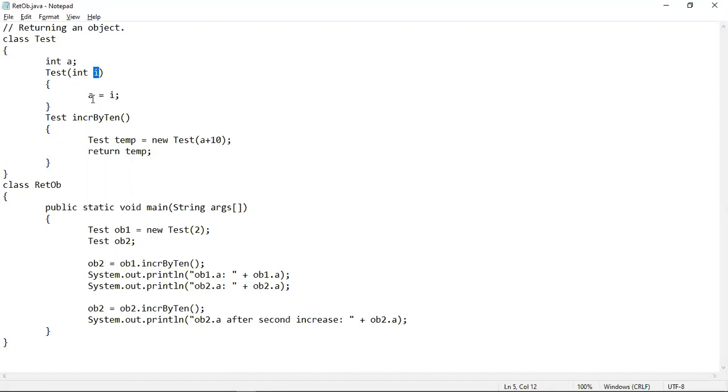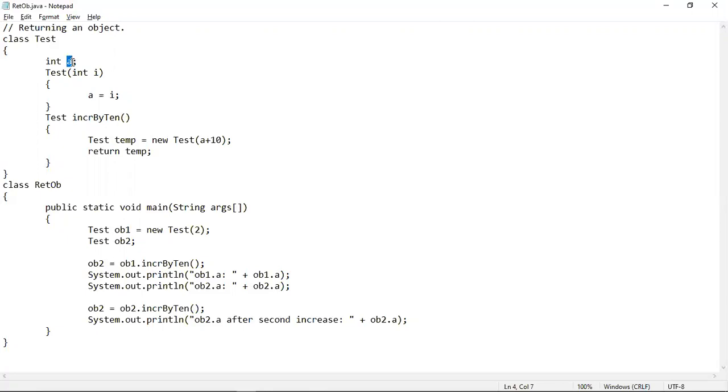Then inside the body of the constructor, we can see that an assignment statement has been written, and inside this assignment statement, the value of the variable I, which is 2, will be assigned into the instance variable A. This is the instance variable that is declared directly inside the class. This is an integer variable.